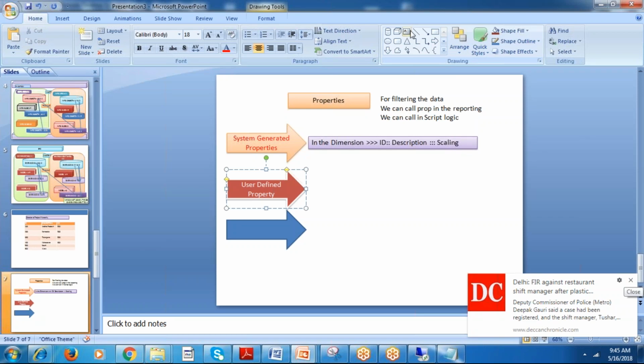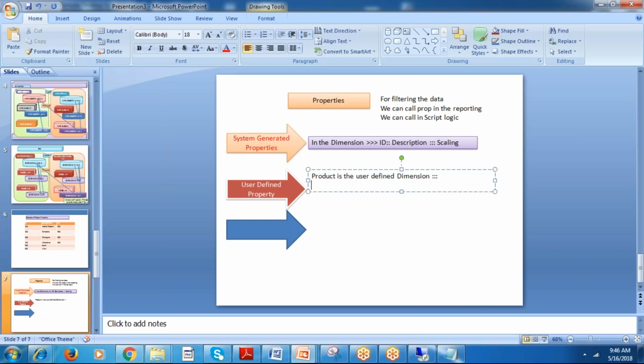Say for example you have created Product as the user defined dimension. Once you have created it, you use a property called brand. Brand is the user defined property.